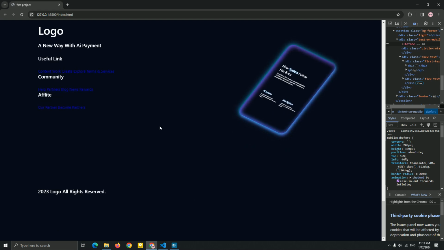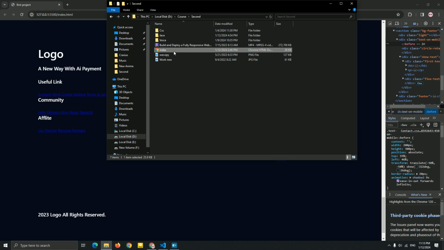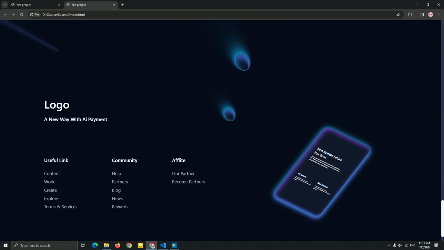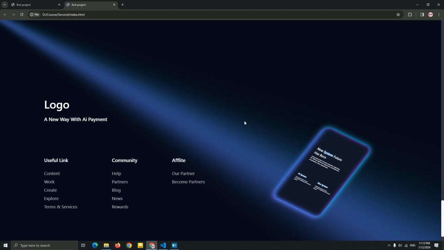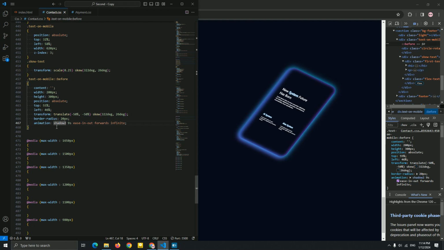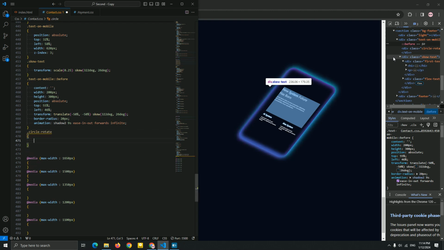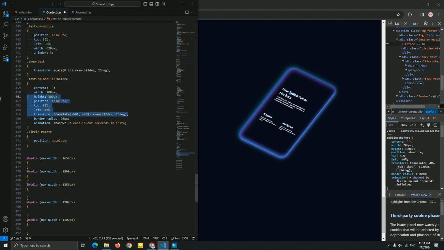Okay, now let me just create a circle. If you see in the first video, we added 2 circles, so let me just show you real quick. You can see I added 2 circles here. I just want to create it right now. It's like falling to this card. It's beautiful animation. I hope you love it. So I'm gonna add it here right now very fast. Let's go to create it. I name it a circle rotate here. Okay, circle rotate. Let me first add the width and the height, position absolute to be a center, just like we want it to be a center.